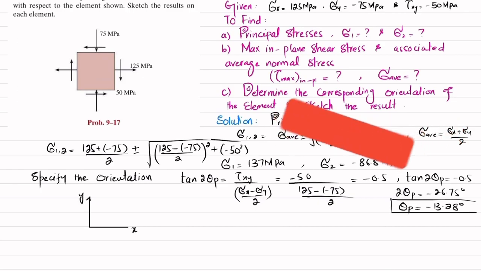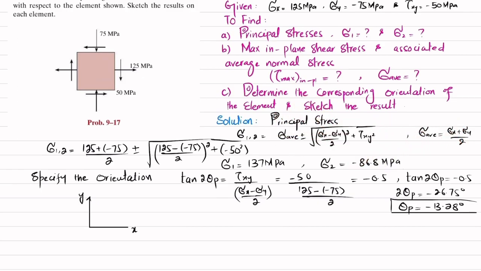Clear? So now due to this angle, which is minus 13.28, this is theta p, which is equal to minus 13.28 degree, and your y dash will be this one. Clear? And if you draw the element